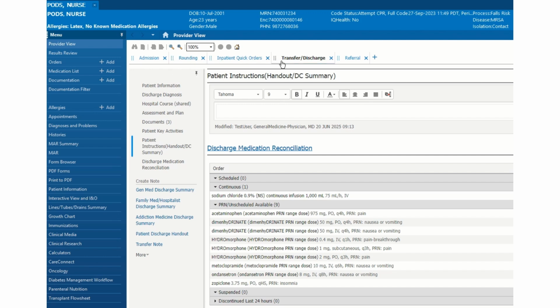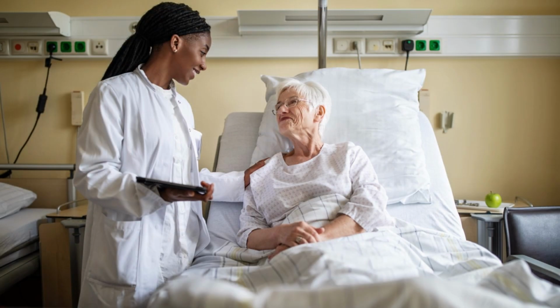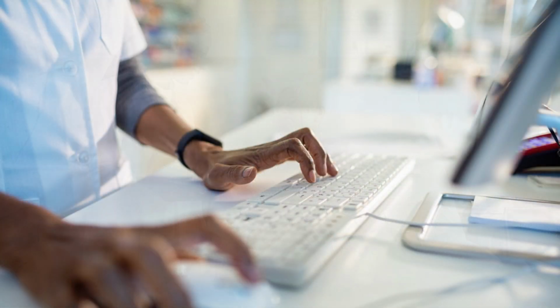Select the Transfer Discharge tab and scroll down. Here, you'll select this hyperlink when you're ready to create the Patient Discharge Handout. Please avoid creating the handout too early. It's essential to coordinate with your interdisciplinary team to ensure all necessary contributions by nursing and allied have been made